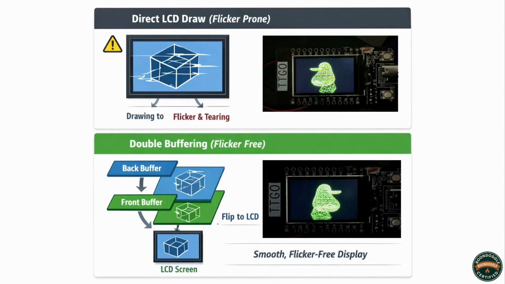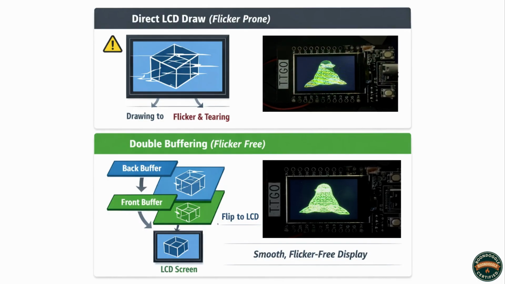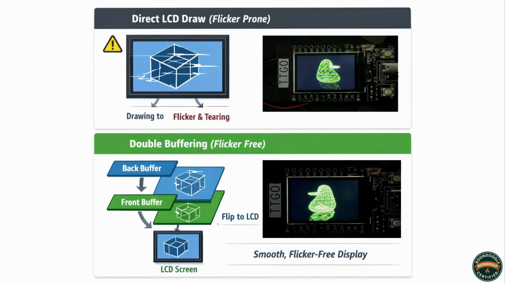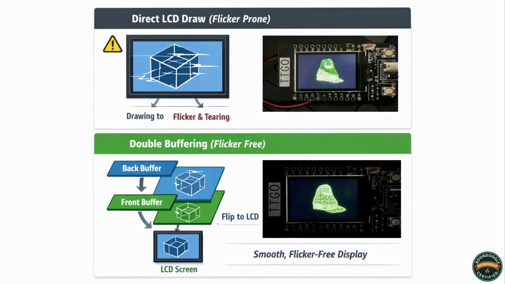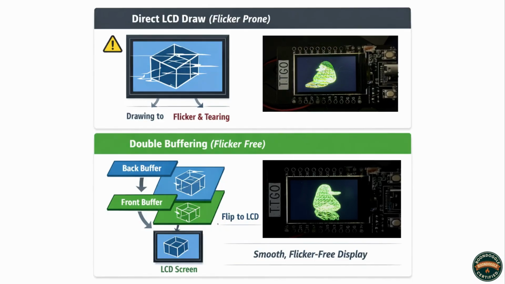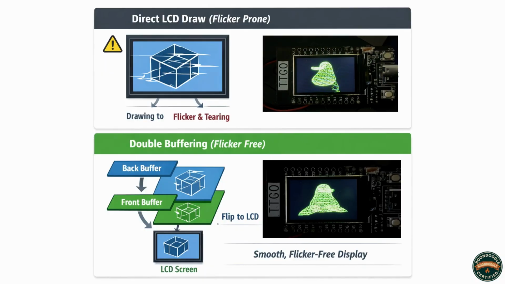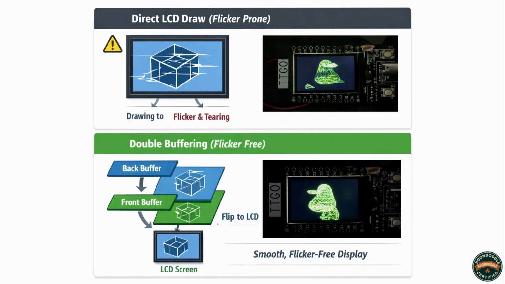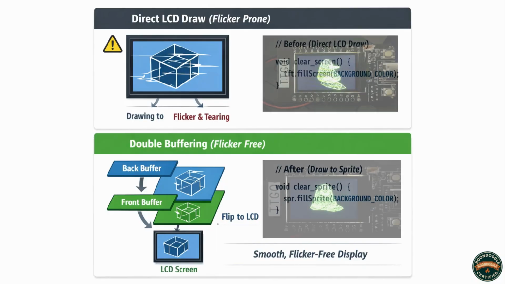The final difference lies in how we push pixels to the screen. For complex frame-by-frame rendering like 3D wireframes, drawing directly to the physical LCD can lead to tearing and a flicker as the display refreshes mid-draw. The solution to this is, you guessed it, double buffering, a standard technique where we draw the entire frame into an invisible memory buffer, or the back buffer, and then push the completed frame to the screen, or the front buffer.